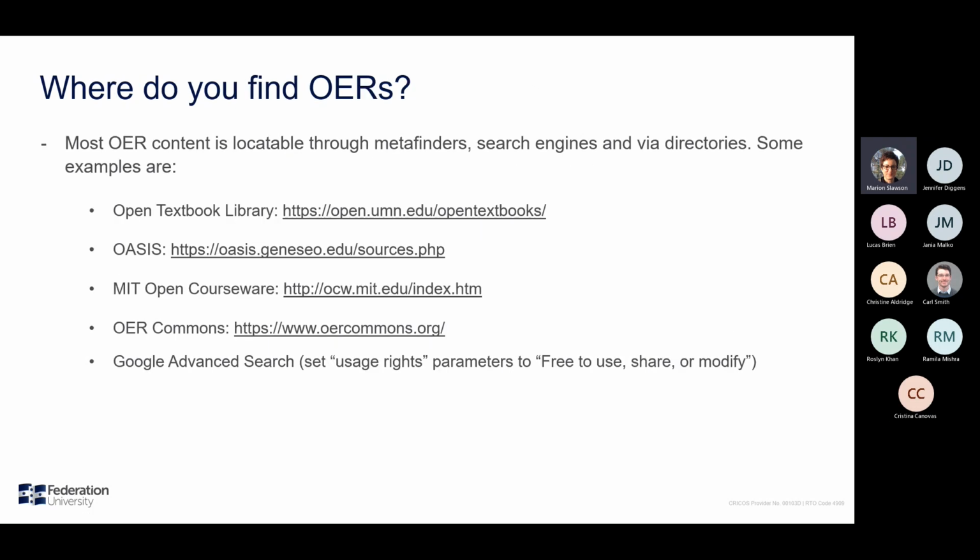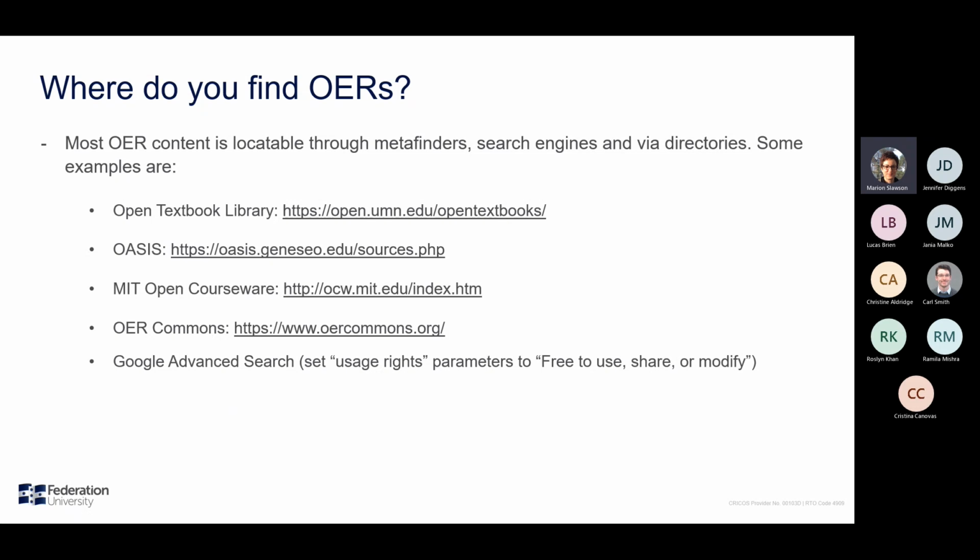But yeah, please have an explore. Some of them have been around for a really long time, like MIT courseware. The Open Textbook Library is a great way to find existing textbooks. Some of them will be Australian, and the OER Commons is great for looking at a really broad range of